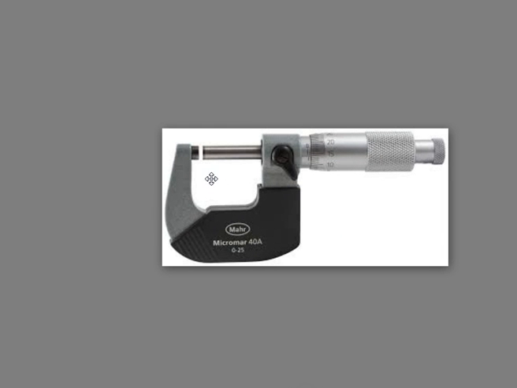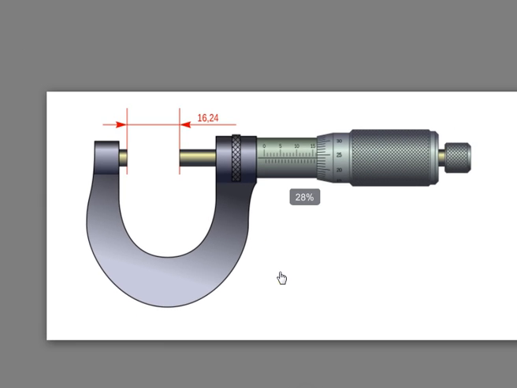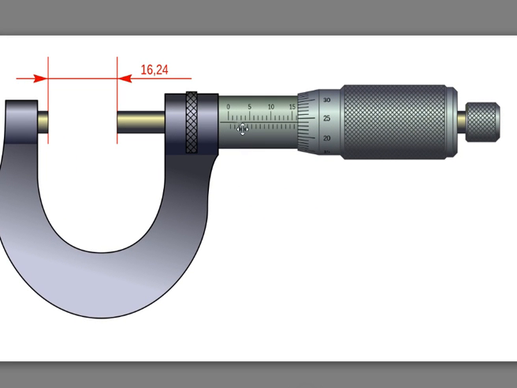So this is an actual photograph of a micrometer. This is the anvil. This is the moving spindle. This is the fixed anvil. This is the locking screw. This is the thimble, and this is the main scale. This is the ratchet. So these are a few parts of the micrometer. Now you can see here, this is the main scale, this is the vernier scale which is engraved on the thimble. This is the knurling for proper grip of the instrument, and this ratchet is used to give the correct pressure to the measuring part.